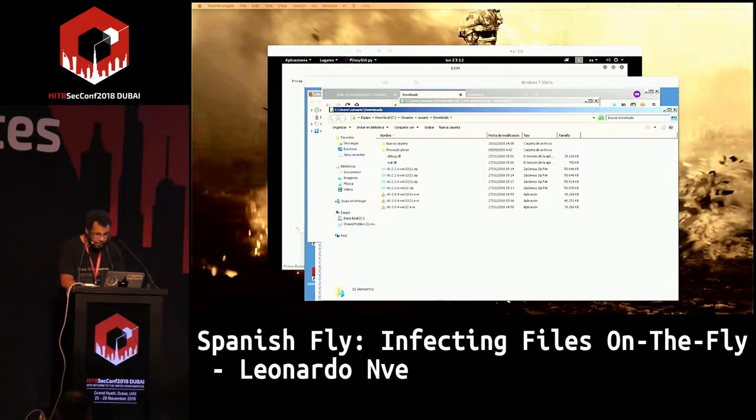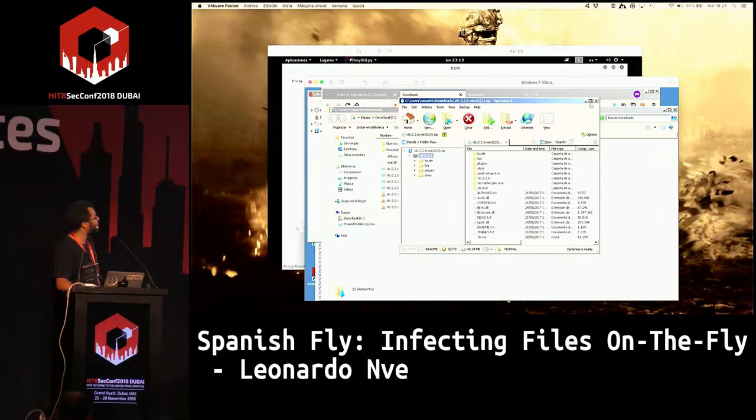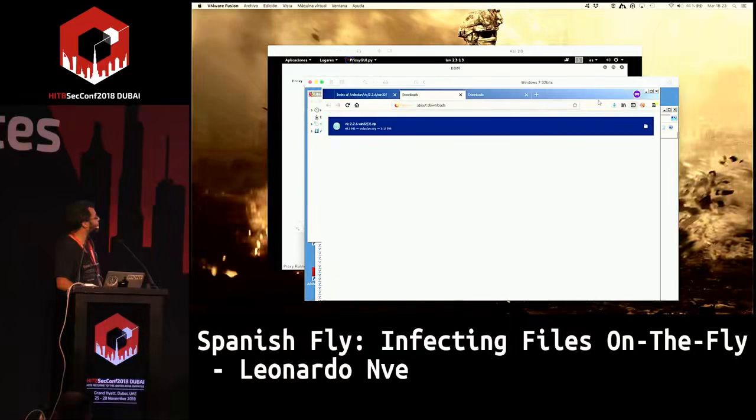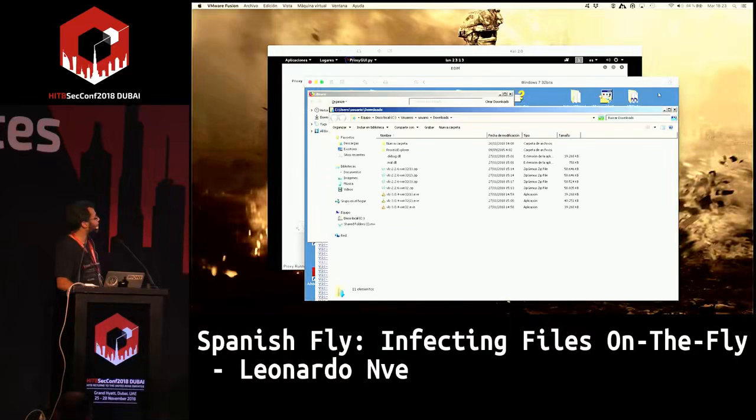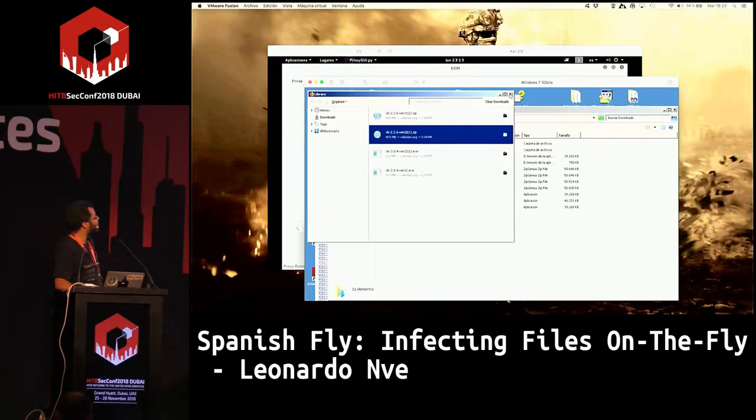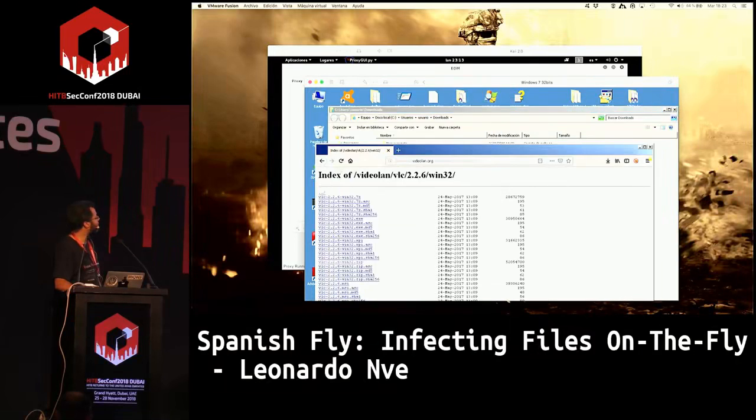I have directly here one document that you can download, an example of a document that is fetched by HTTP.